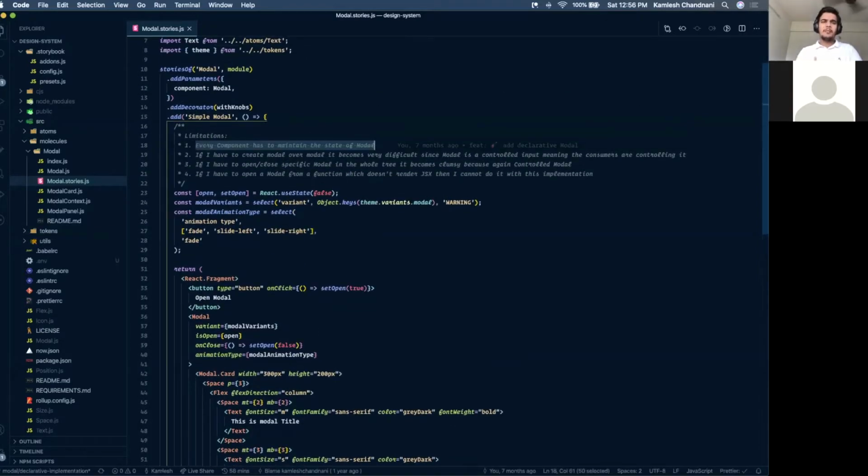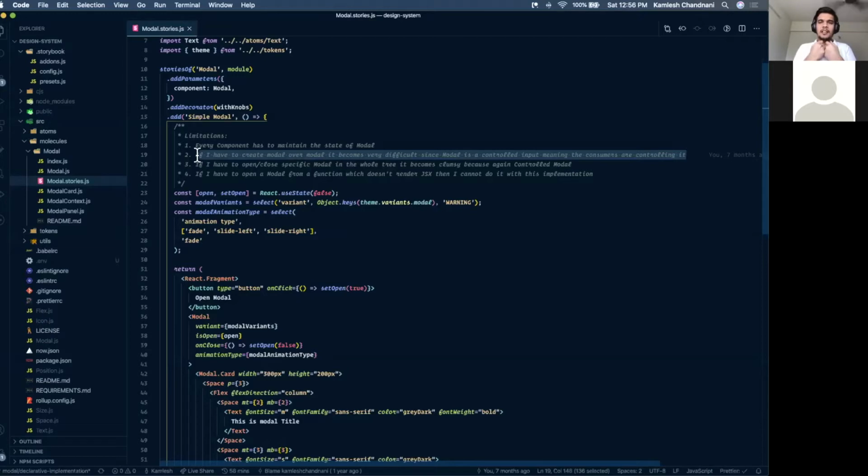Every component, all your consumer components, need to create their own state to control the visibility of the modal. Now if I have to create a modal over modal use case, it becomes very difficult, because the state of my modal is not handled by the modal component itself, but by the consumers. If I have to open or close a specific modal in the whole tree, it becomes clumsy, because again, I am not controlling the state.